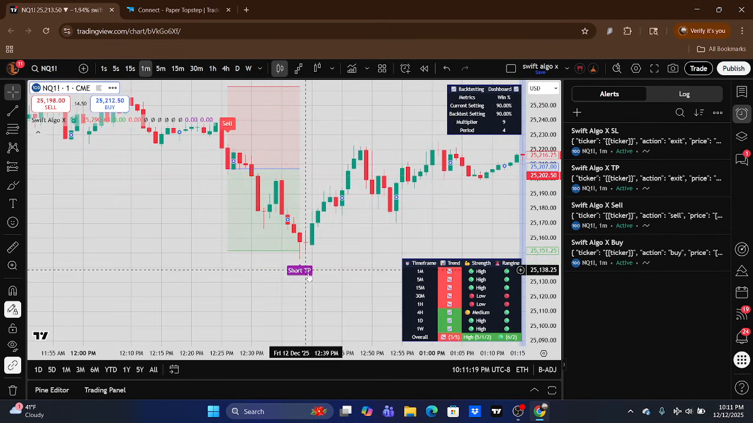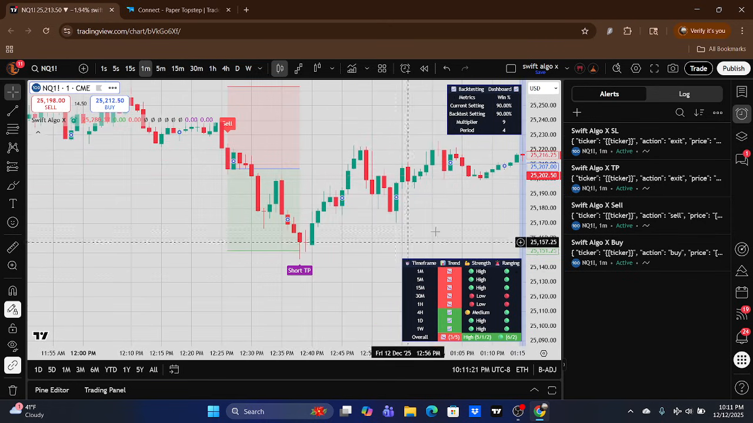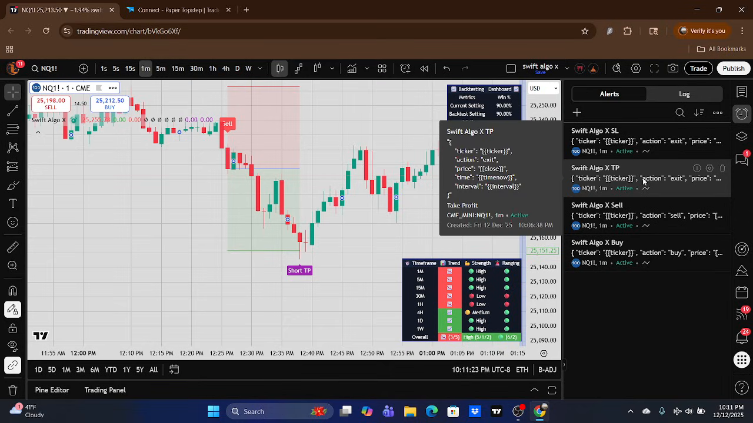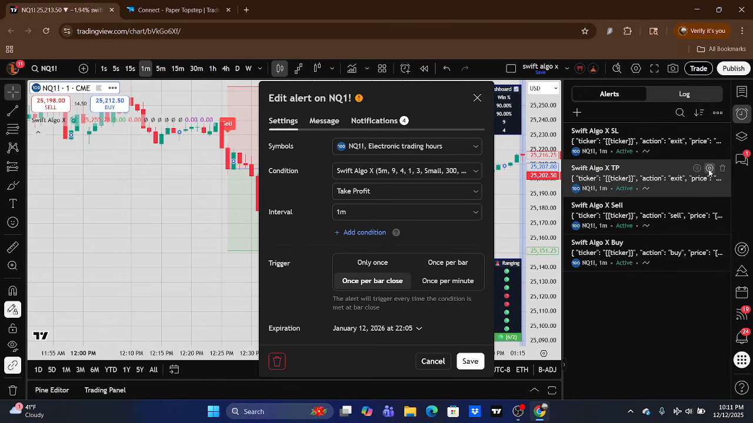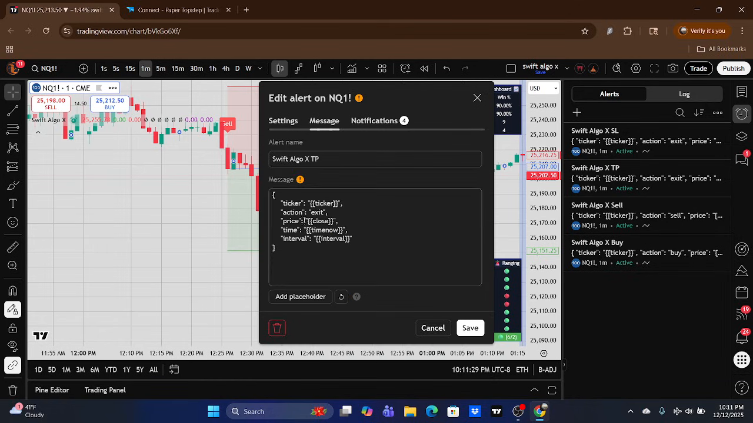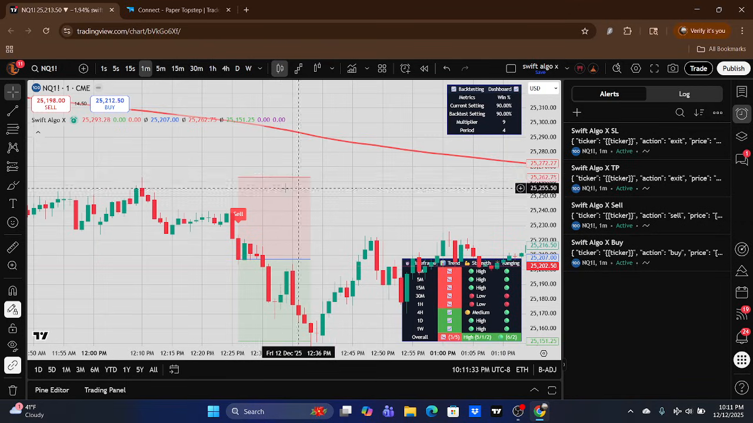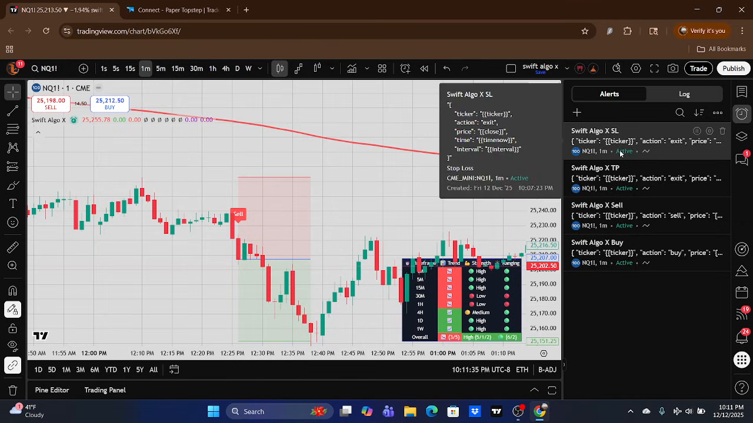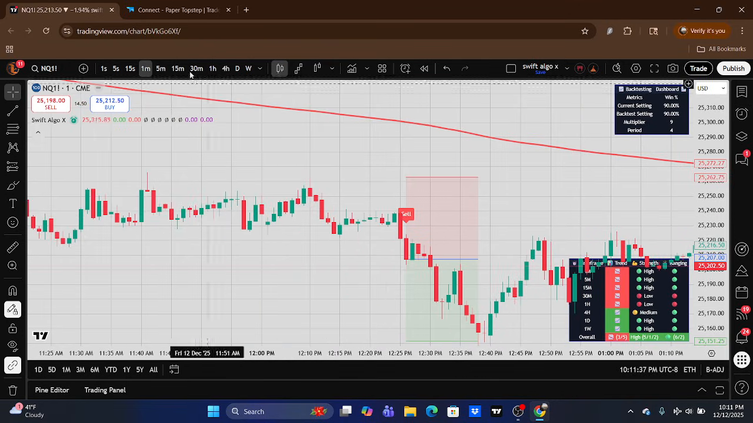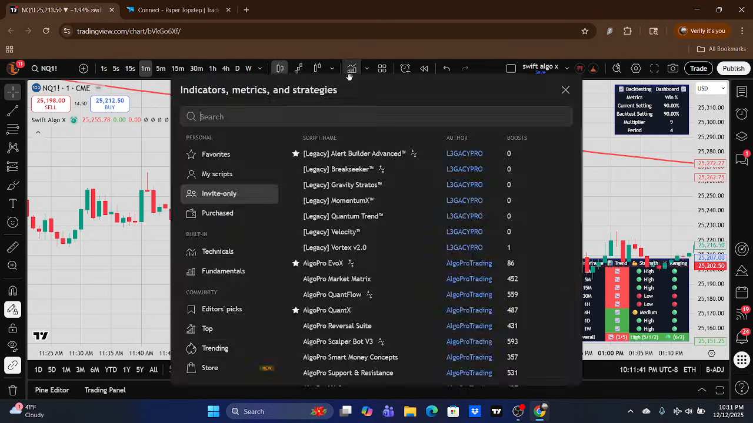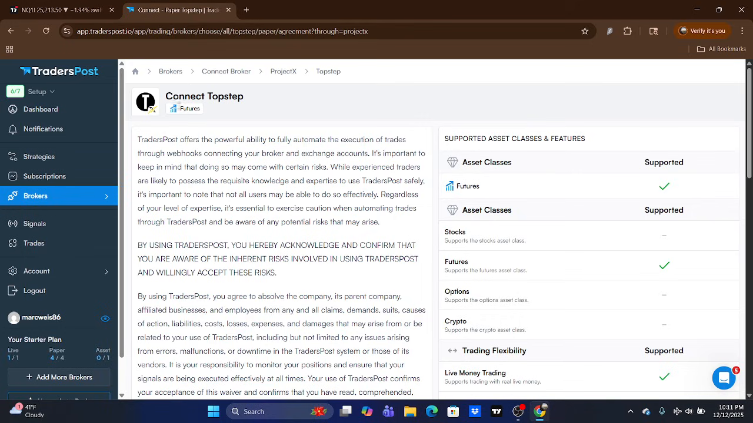And it hit take profit, which means it's going to hit this alert to exit the trade, because the condition was take profit and the action was to exit. Same thing, if it hits the stop loss, it's going to hit this. And just to let you know, the difference between an indicator and a strategy is mainly this symbol. If you see the symbol, it means it's a strategy, which means you will need to